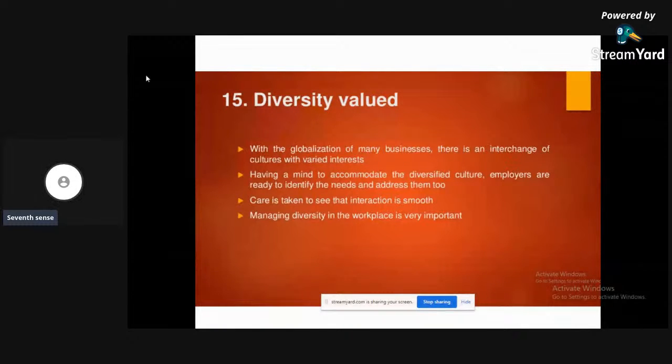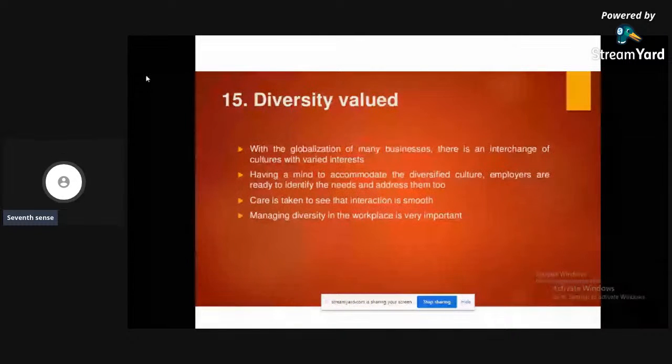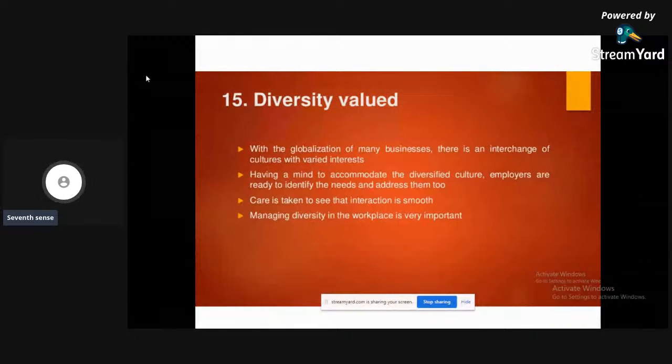People are also hiring based on different cultural background, based on diversity, so that we will know what kind of positive things people can get from diversified background cultures.